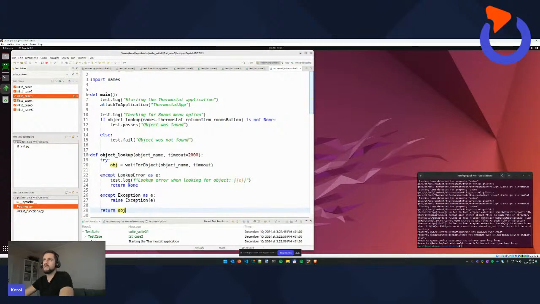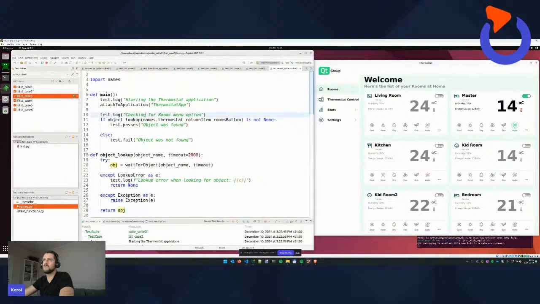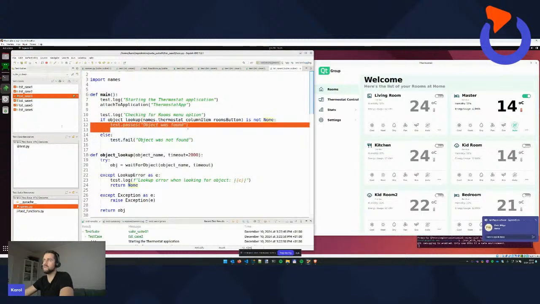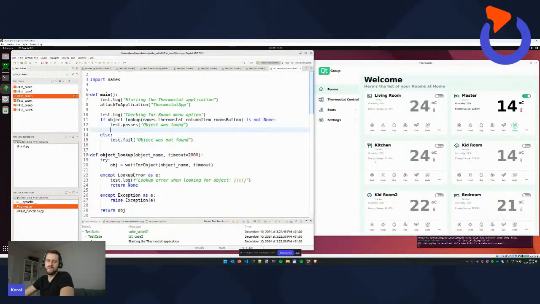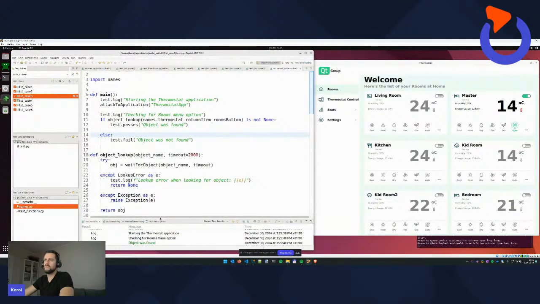So by adding some additional information, let me start the application again. I will be using attach for the remainder of the session because that's just faster. We've basically created a simple test here, right? If our function does not result in None, that means that the object was found, and otherwise, we should fail the test. And of course, if I run it now, the object was found,